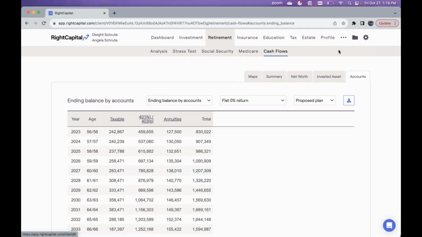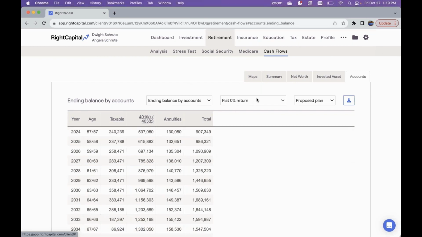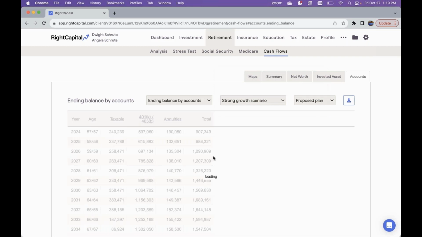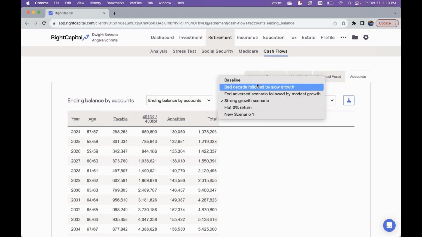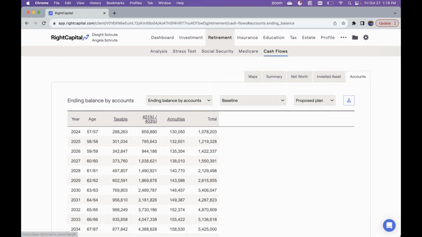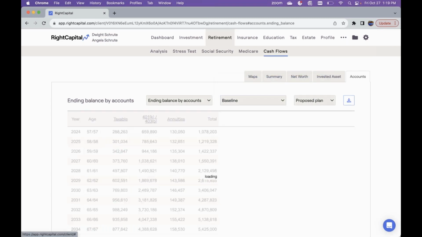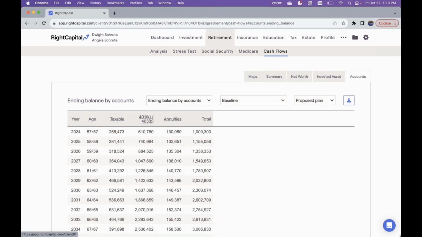This is where you can see a year by year breakdown of their account growth as well. And so you can see these differences by toggling between all of these different return scenarios. And this is one of the ways that you can see what it would look like in the cash flows, on this deeper, more granular look into their inflows, outflows, and their accounts, how different return scenarios would impact their